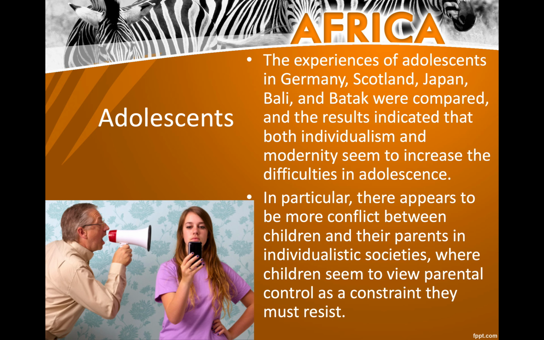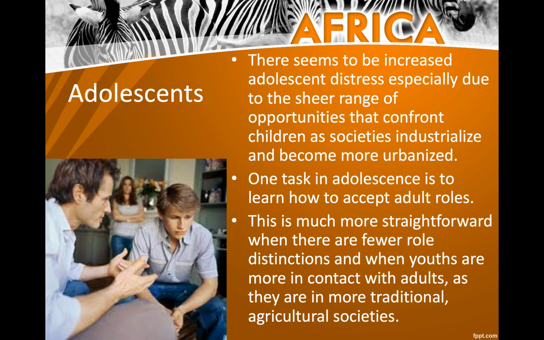The experiences of adolescence in Germany, Scotland, Japan, Bali, and Batak were compared, and the results indicated that both individualism and modernity seemed to increase the difficulties in adolescence. In particular, there appears to be more conflict between children and their parents in individualistic societies, where children seem to view parental control as a constraint they must resist. There seems to be increased adolescent distress, especially due to the sheer range of opportunities that confront children as societies industrialize